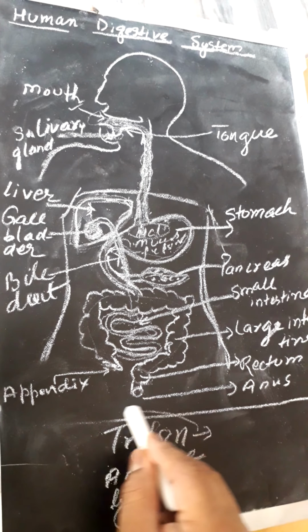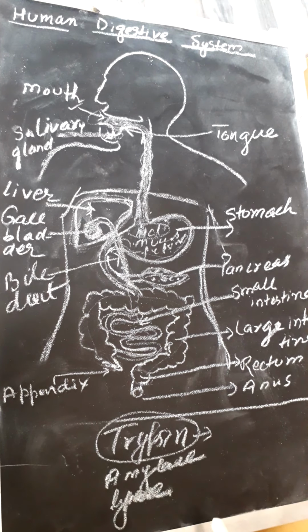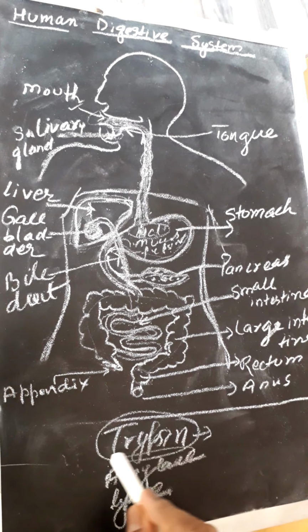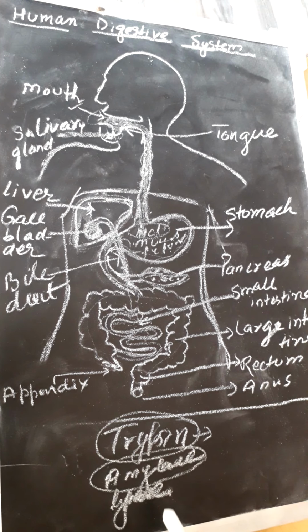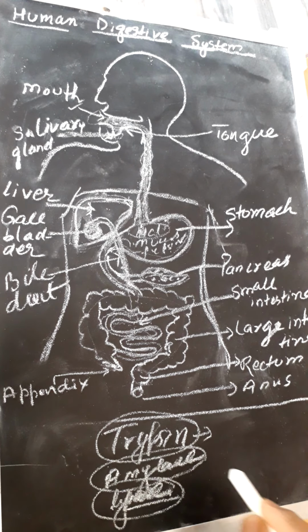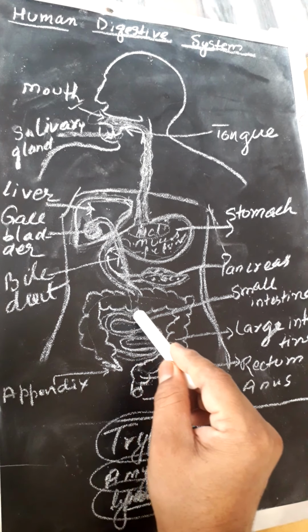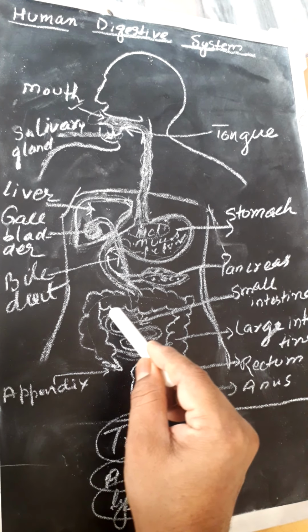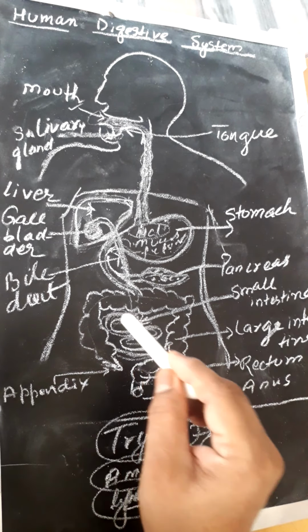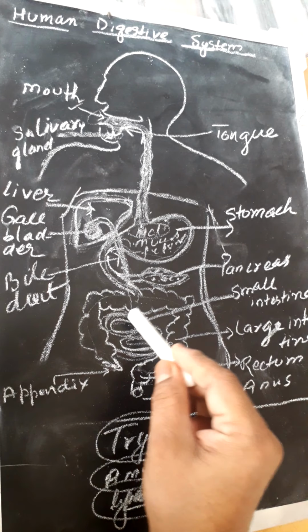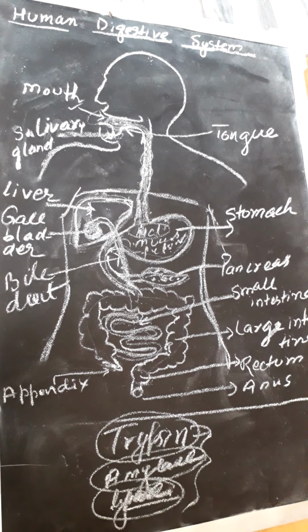Trypsin helps in the digestion of protein. Amylase helps in digestion of starch, and this lipase helps in breaking down or digesting fats. Apart from this, the small intestine secretes its own digestive enzyme, which finally digests